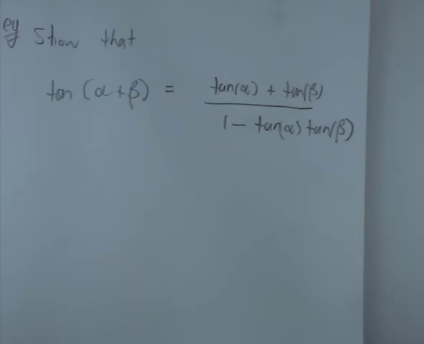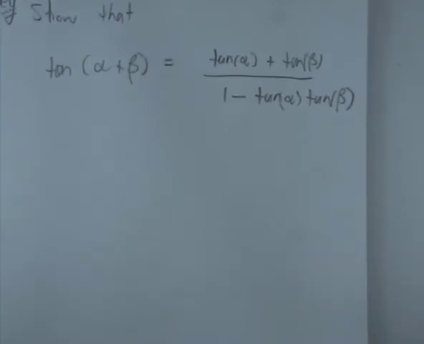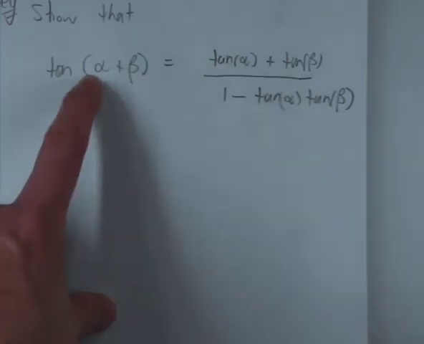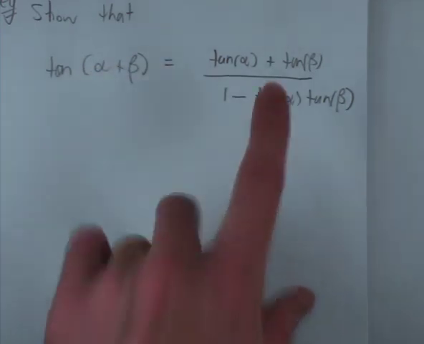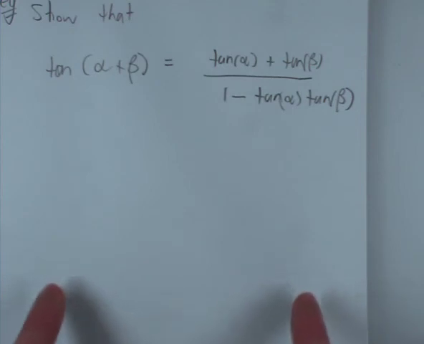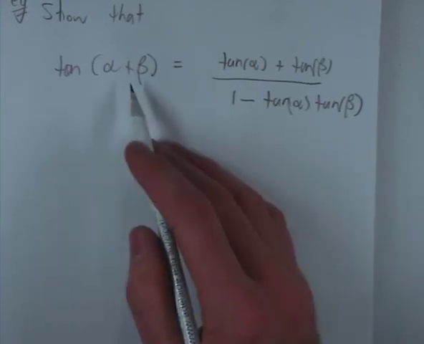So if you're going to show that that is true, we need to use facts about tan and other stuff in order to make it work. So there's two approaches to this. We can try and get from here to there, or we can try and get from here to there. And there is a third approach where we start with both of them and do working on both until they come out to the same answer. Whichever of those is the first thing you think of is the one to do, because you haven't got time to make a decision. I am going to start here because